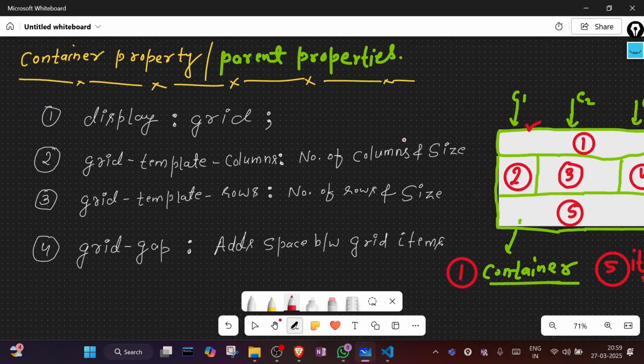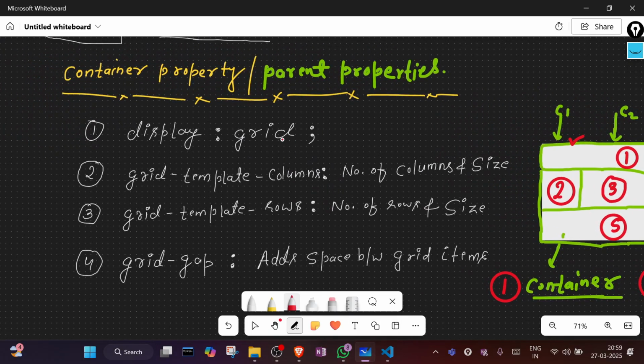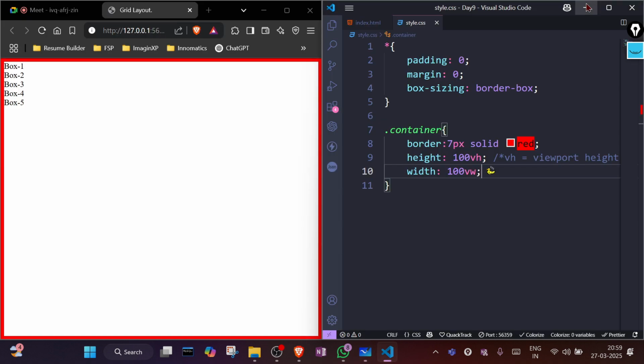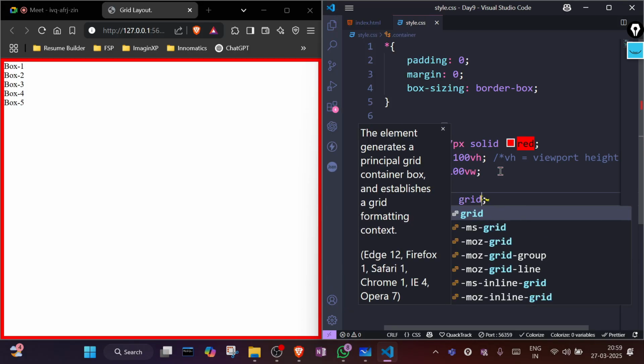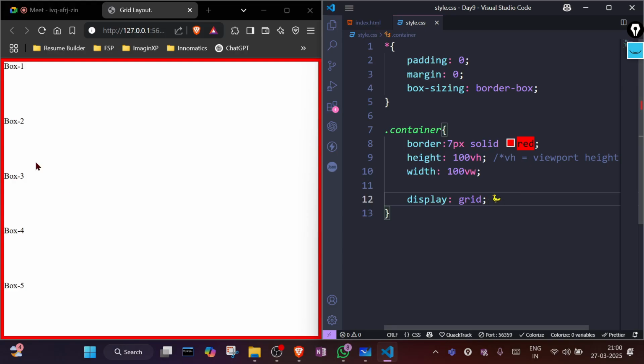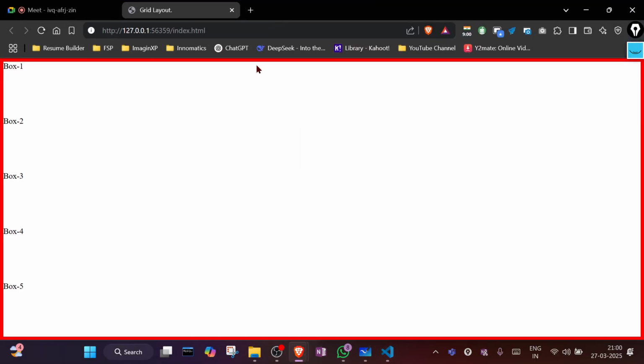So I have said if you want to convert it into grid, you have to write here display grid. Okay, let's write display grid. So let me just make this container as display grid. So we will write here display grid. So see, are you seeing the changes? Now it is behaving like a grid container. So if I right click and go to the inspect,